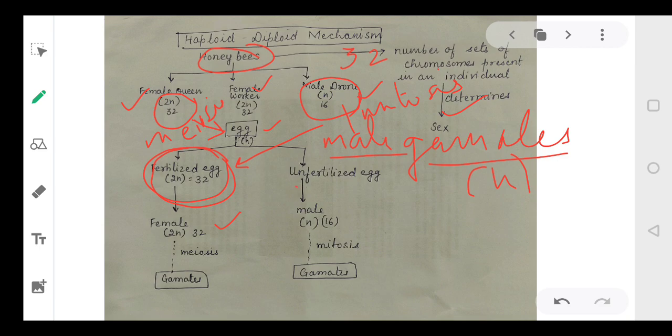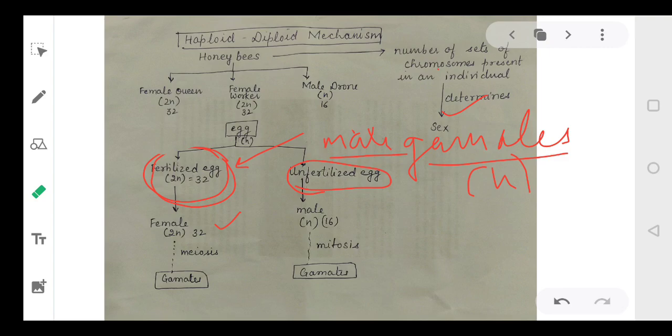लेकिन अगर मेल गैमीट फीमेल गैमीट को फर्टिलाइज नहीं करता है, तो फीमेल गैमीट अनफर्टिलाइज्ड रहेगा। क्लियर स्टूडेंट्स? जो एग है वो अनफर्टिलाइज्ड रह जाएगा। सो दैट विल रिजल्ट इन द फॉर्मेशन ऑफ मेल, and it will have 16 chromosomes only, so it will be haploid only, ठीक है।